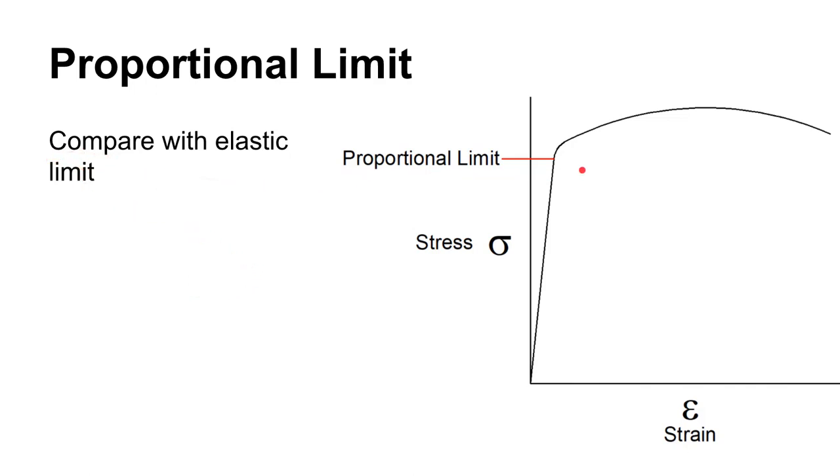All right, now the proportional limit is a spot on this graph, and it is the place where this elastic straight line, where there's a very proportional, nice linear relationship between stress and strain, comes to an end. That is the proportional limit. And like I said, all three things are really happening here. The material is starting to yield. The material is ceasing to be elastic at this point. It is beginning to flow plastically. So these are just different ways of looking at more or less what's going on at the same point.